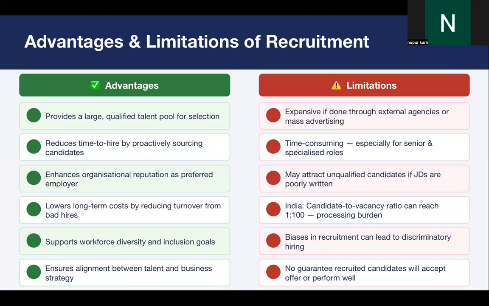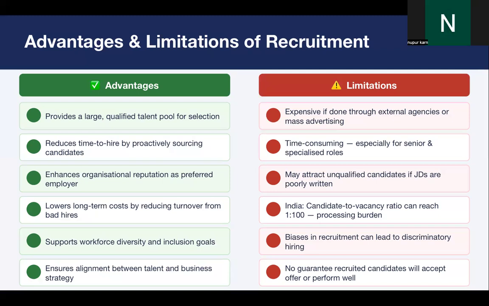If you have proper planning, like you know that you need to maintain diversity in the organization, you need people from different parts of the country, maybe from across the globe. So in that case the diversity will be maintained in the organization. You will have people who give different perspectives, who will contribute to the creativity and innovation of the organization. And it will also achieve the inclusion goals.